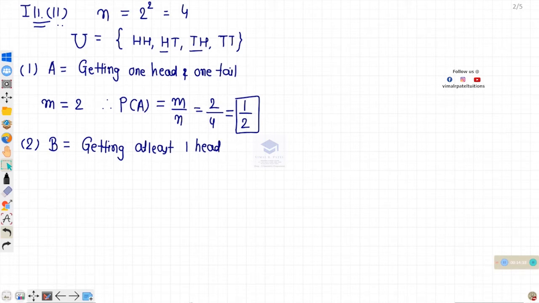Means one head or two heads. One or more than one. So outcomes will be HT, TH and HH. So the total outcomes will be 3. P of B